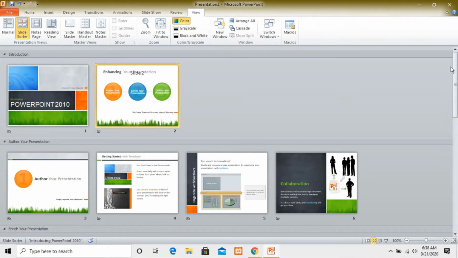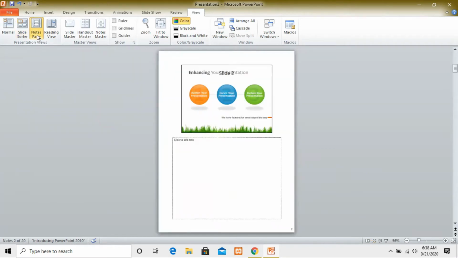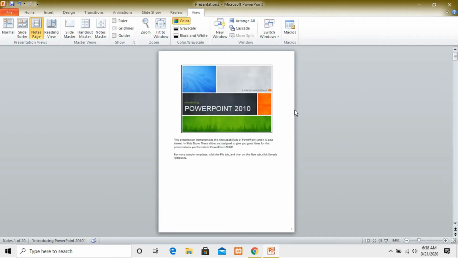Next one is the notes page view. The notes page view will show your slide in the form of a page, like an A4 sheet, and it also shows the content which you have written in your notes. If you want to see the first slide, you can see here this is your first slide, and this is the content which you have written in your notes area.